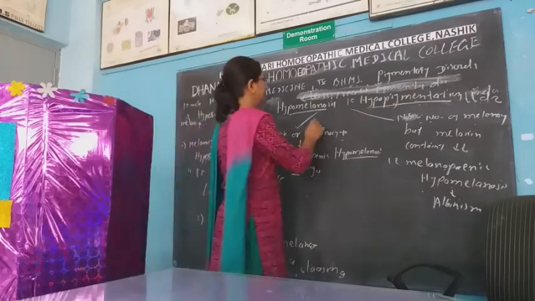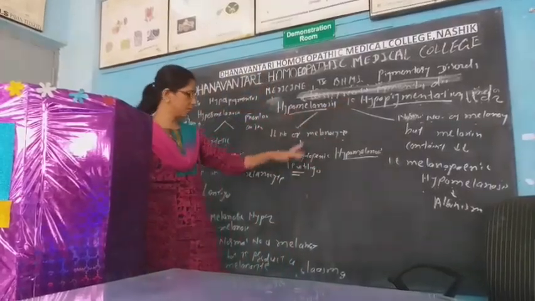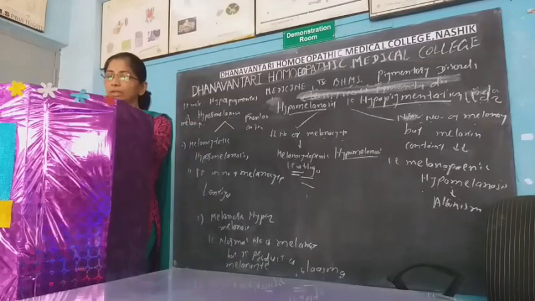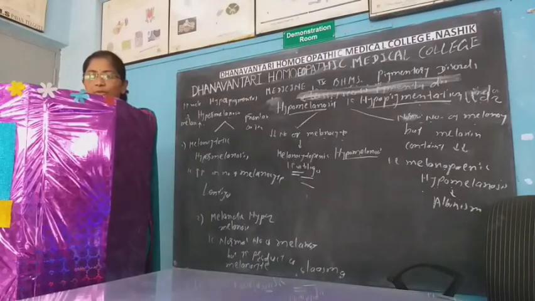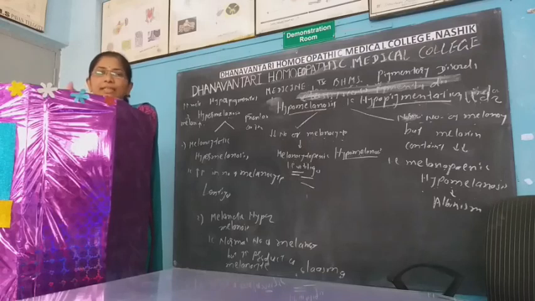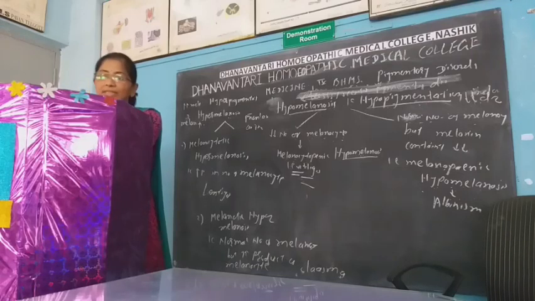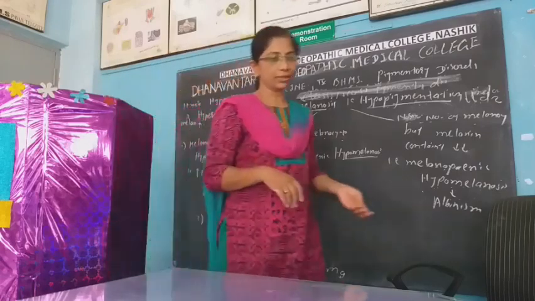Now we see in detail the hypopigmentary disorders. First see about vitiligo. Everyone knows vitiligo very well. It is a very common skin disorder. Even a layman knows about vitiligo. Vitiligo is an acquired pigmentary disorder occurring due to a decrease in the number of melanocytes, and it is characterized by patchy loss of pigment from the skin. Now see about the causes of vitiligo.